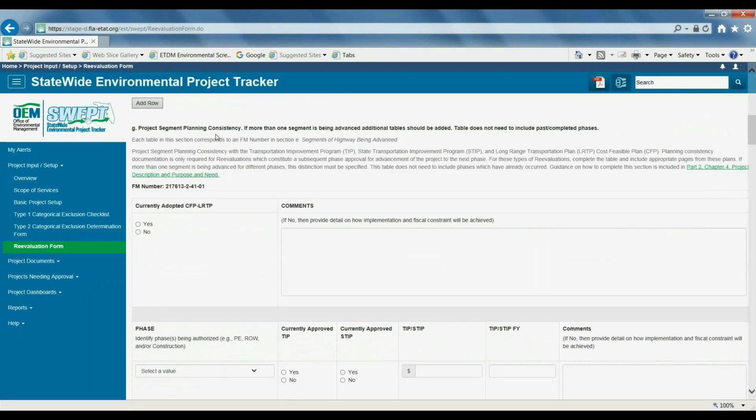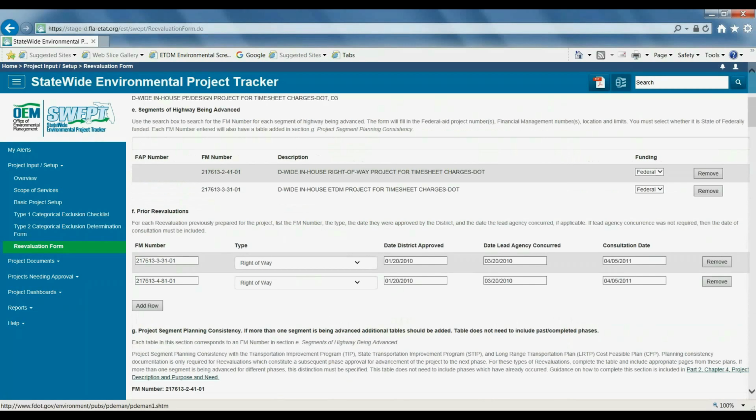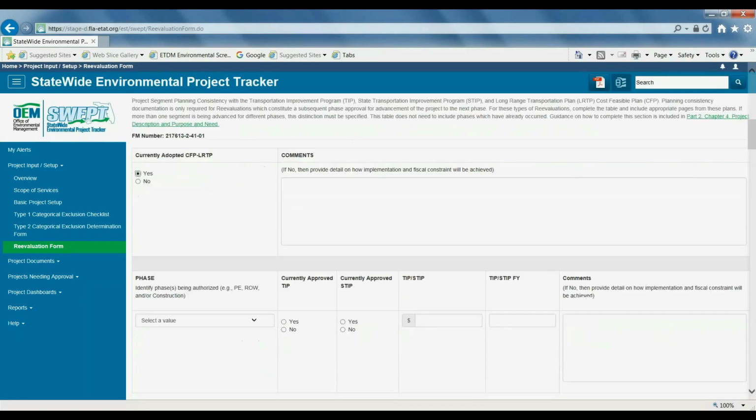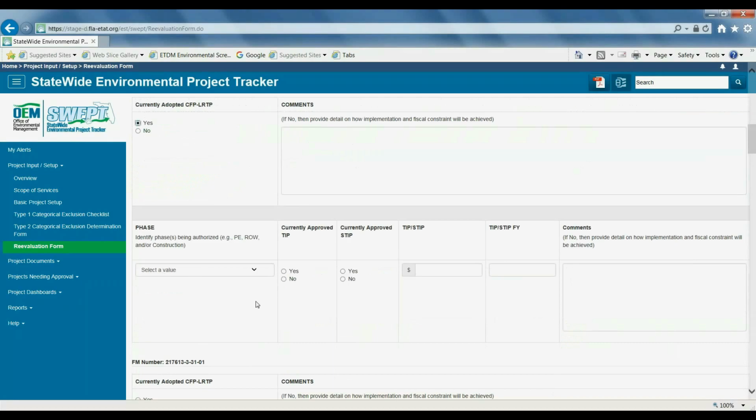Section G is the project segment planning consistency section. For each of the segments that we added in Section E, segments of highway being advanced, we see a form to complete for the matching FM number here in Section G. Is that segment currently in the adopted CFP LRTP? Yes or no? With comments, and especially if the answer is no, explanation of how implementation and physical constraint will be achieved. Then the phase that's in the current plan,